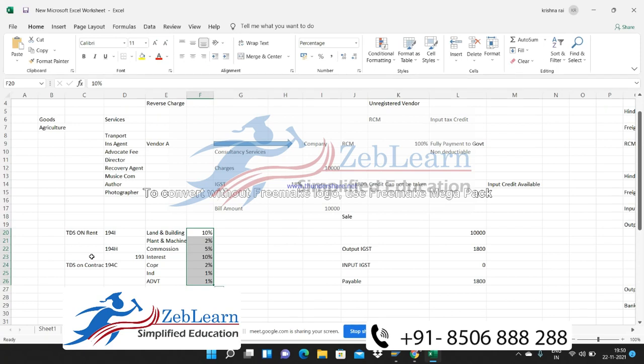But TDS you are going to deduct for your individual, partner, individual entity, or corporate, for anybody. There is no exception to it. Anybody who is giving you a building for rent, you need to deduct TDS, whether it is an individual person or a corporate, right?